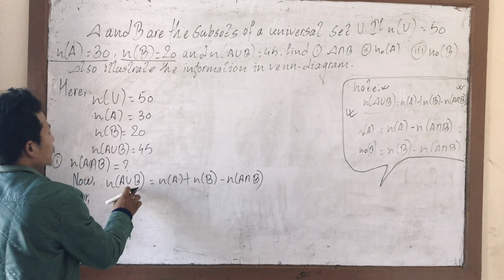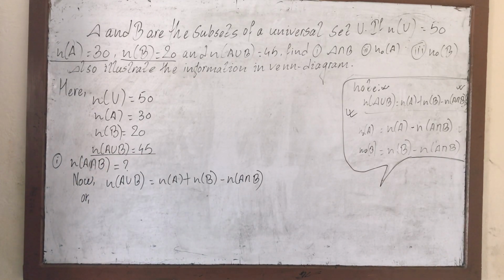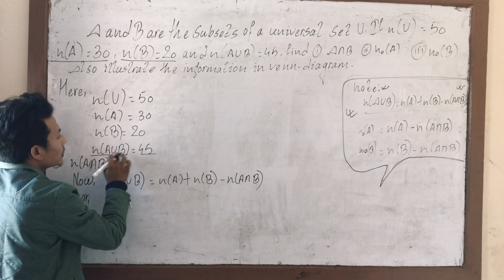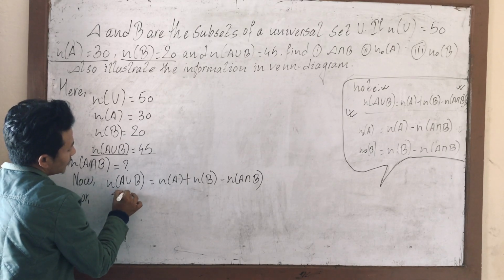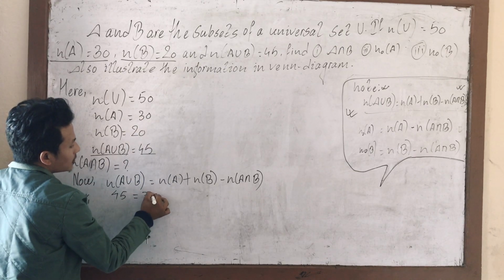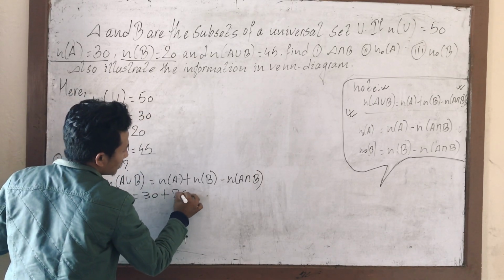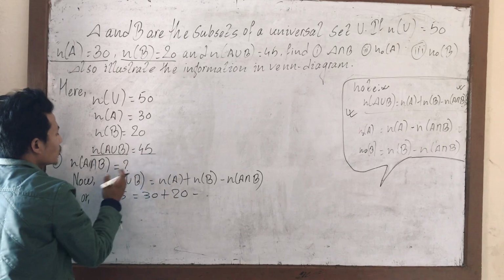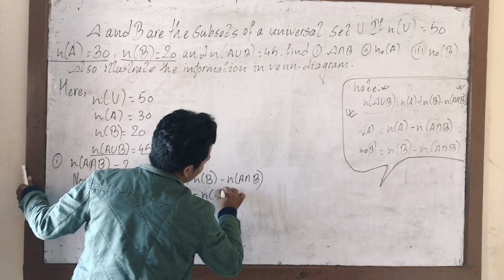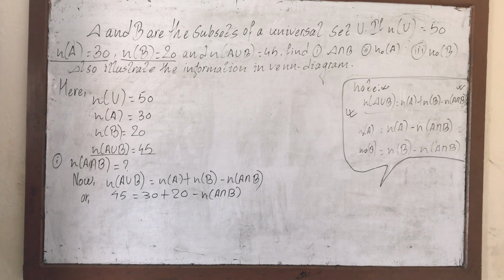अब यहाँ number of A union B हामीले दिएको छ क्वेशन्सले is that number of A union B. So instead of that can we use that 45? Yes. So number of A union B को ठाउँमा म 45 लेख्छु because they both mean the same thing. So instead of A union B I am going to write here 45. Instead of number A I am going to write 30 because number of A means 30. So instead of number B I am going to write 20 because number of B means 20. And minus number of A intersection B we don't have because that is the thing that we need to find out. So it's going to be written as it is because we have to find out number of A intersection B. That's why we'll be writing it as it is.